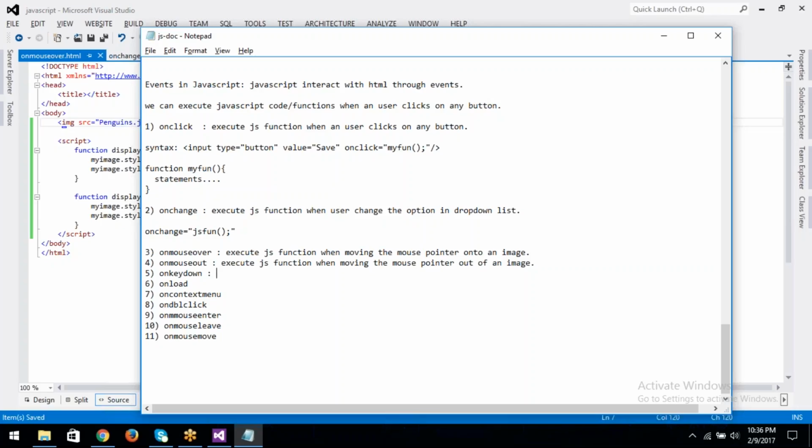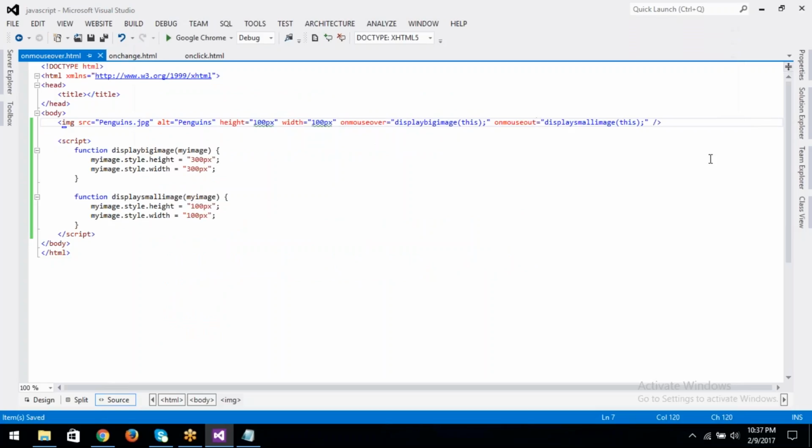And onkeydown. When the user is pressing a key, this event will work. For example, when a user presses a key on the keyboard, this event will work. So for example,